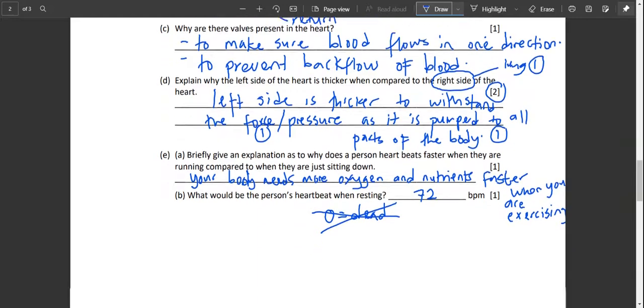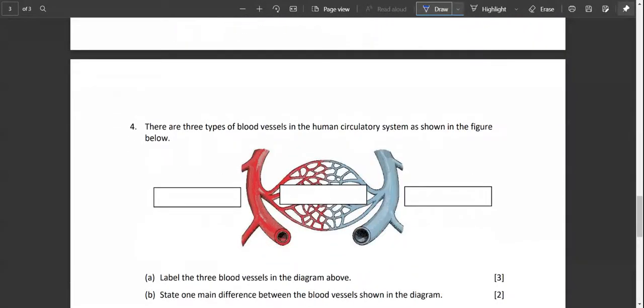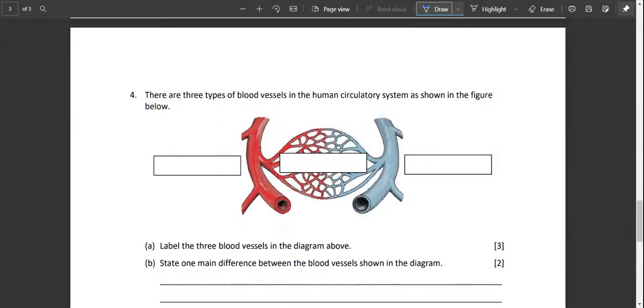Okay. Last page is about the blood vessels. I printed the test paper for you in color as well, so that serves as a hint. The one at the middle is capillaries. Capillaries. If you have one spelling error, I mean one letter misspelled, I still accept that. But if you have two or more letters wrong, I will not give marks. And this one that is thicker carries blood away, therefore this one is artery,